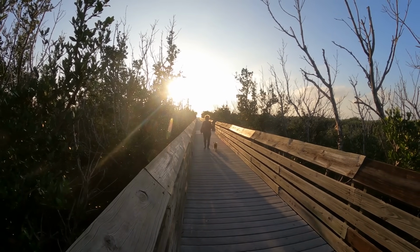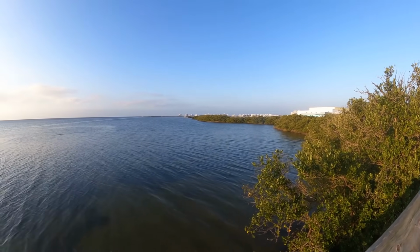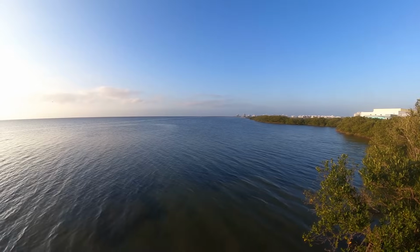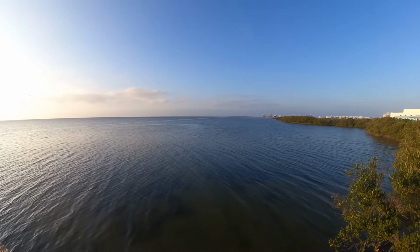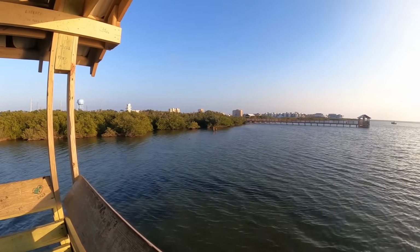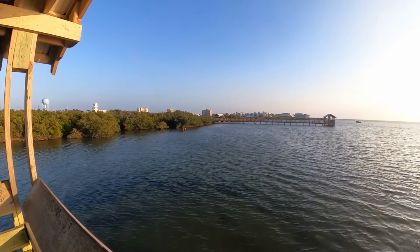But the boardwalk was great. It definitely would be handicapped accessible. This is out over the water, and you can see the fish jumping every now and then. Especially when the tides are high. Mm-hmm. But we were moving on, so...